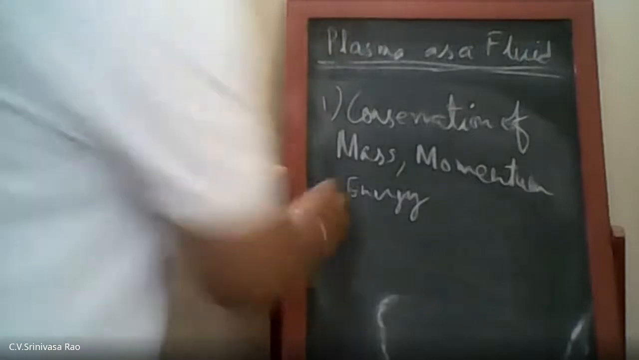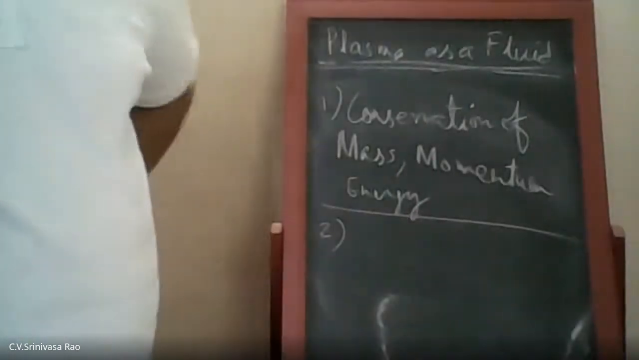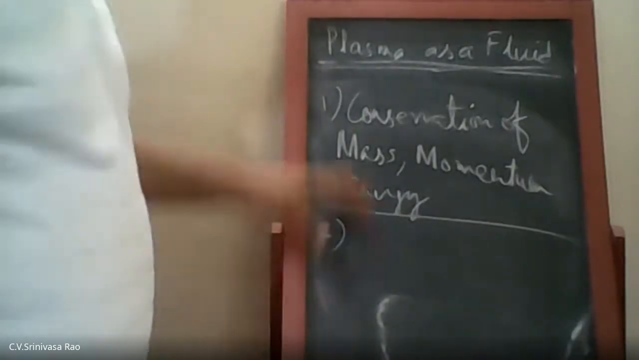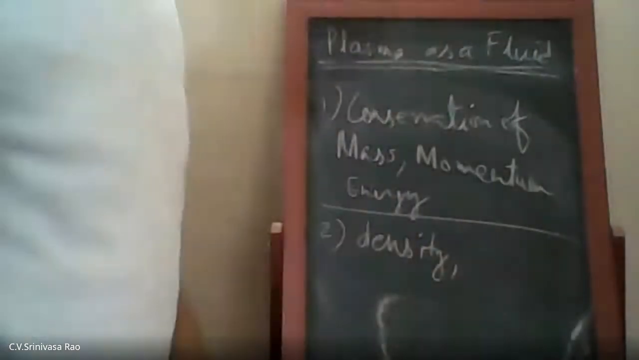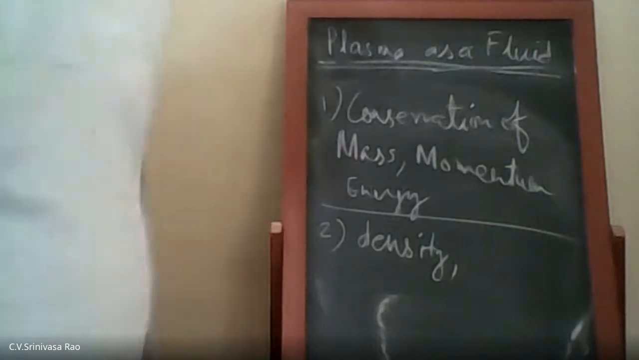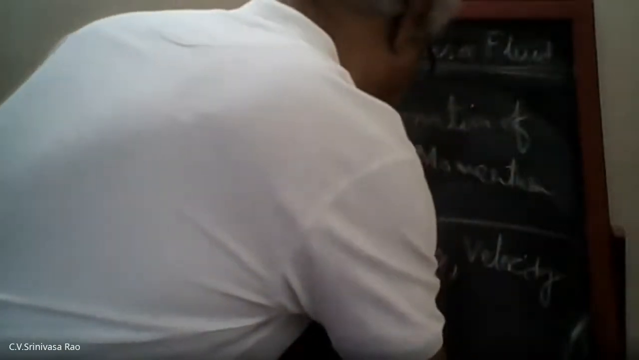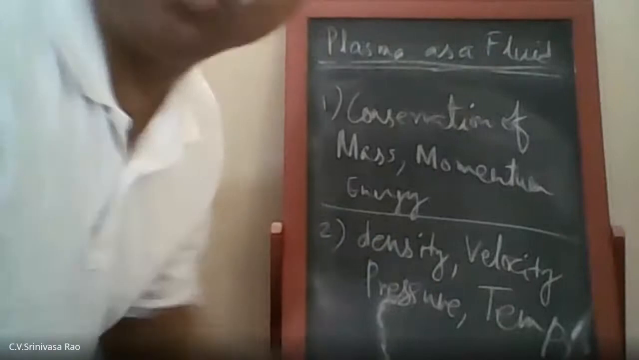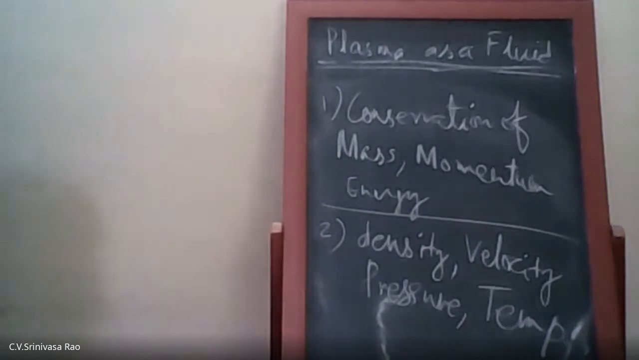Now, the second step. The second step will be to describe the evolution of the plasma fluid. Now, those variables are basically density, velocity, pressure, and temperature. So they are gross quantities which describe the whole fluid. So this is step one, step two, and step three is basically